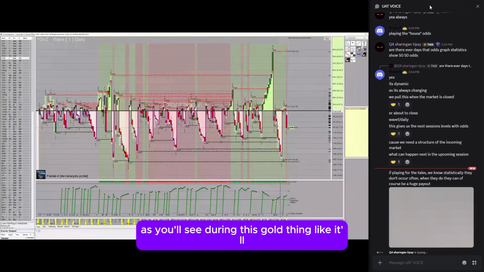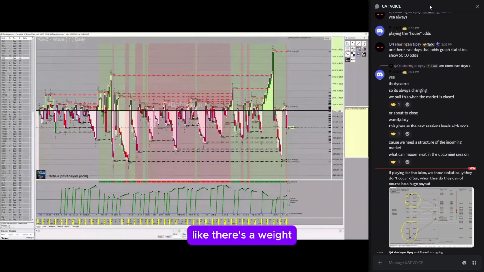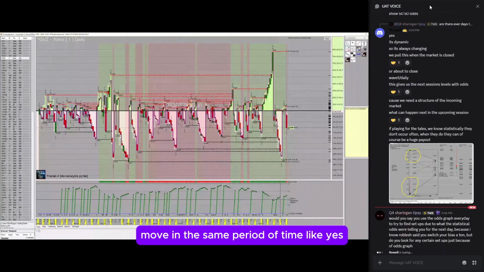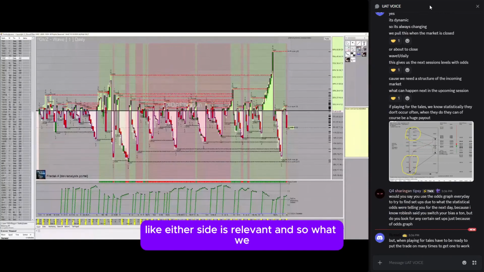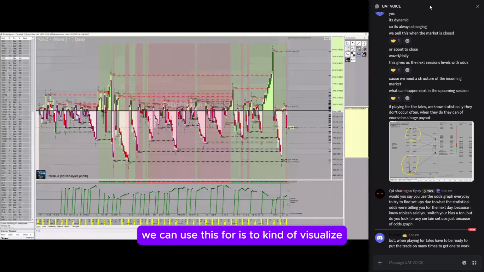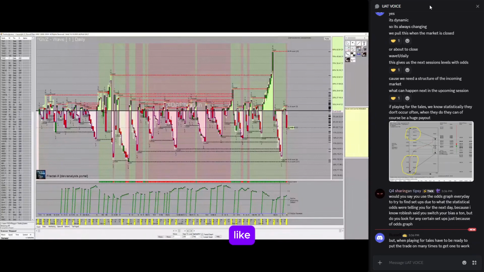obviously there's a weight, like a 10% downside move causes the GVZ to move up more than a 10% upside move in the same period of time. Yes, but nonetheless either side is relevant. And so what we can use this for is to visualize a quote unquote short squeeze, as well as the opposite effect, where now there's a couple things, all the premium